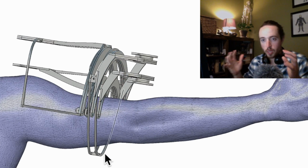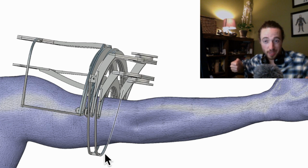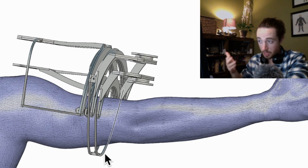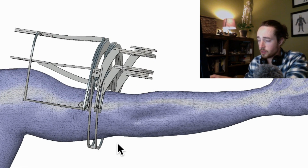So it would work in compression. It just wouldn't work in tension very well. So if you're picking something up, it wouldn't really add any strength at all. But if you're doing push-ups, or holding something really heavy above your head, it would work in compression. So I'm thinking about maybe doing that and then having a single one of these on the